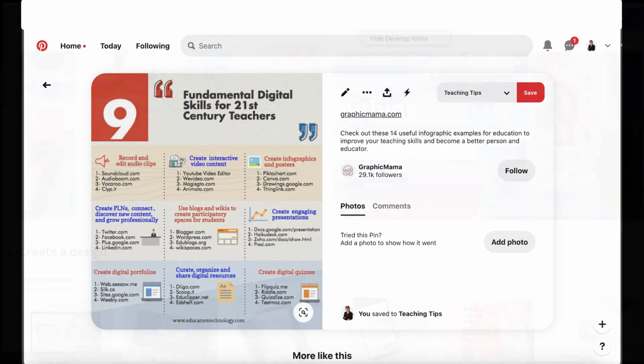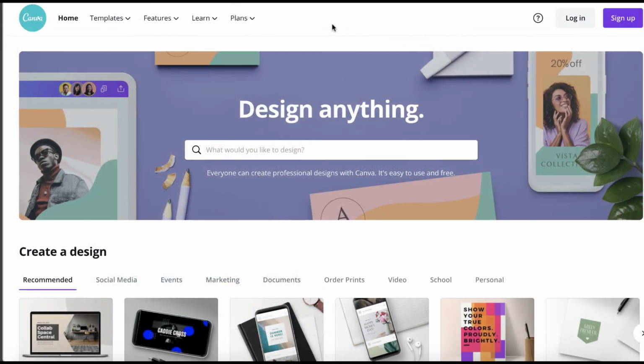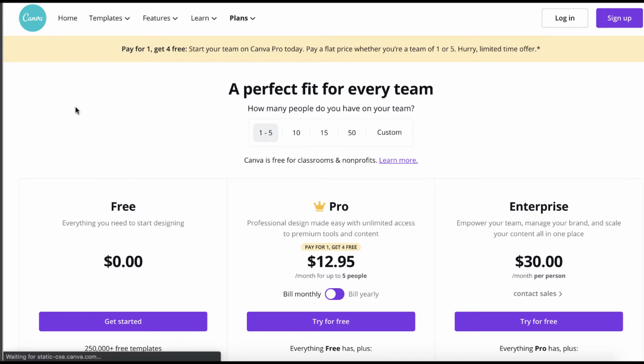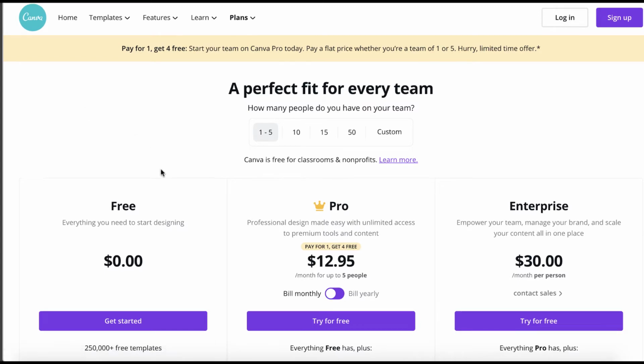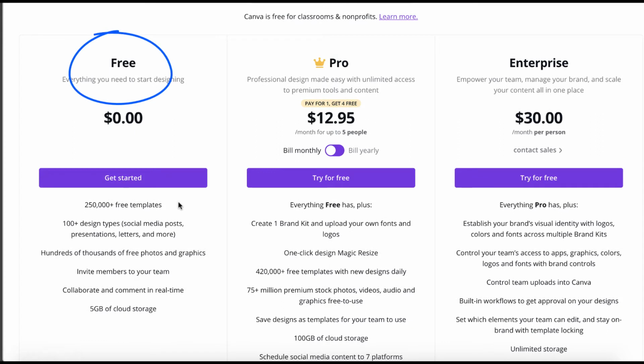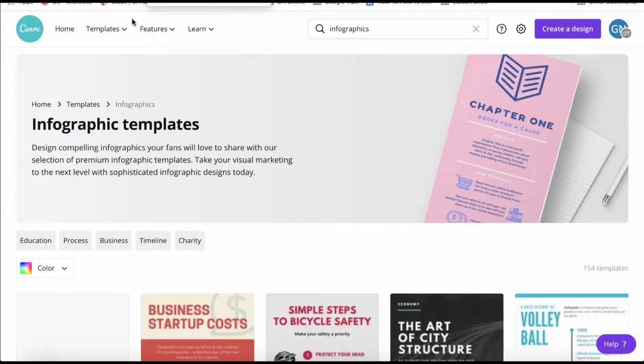Next, let's go to Canva for a look at infographic templates, which can serve as inspiration and a starting point for a project. Canva is a graphic design site for do-it-yourself designers. Open a free account at canva.com for access to templates and graphic elements to create a fast framework for your ideas. I'm using a pro account that allows for color branding and a wide range of stock elements.